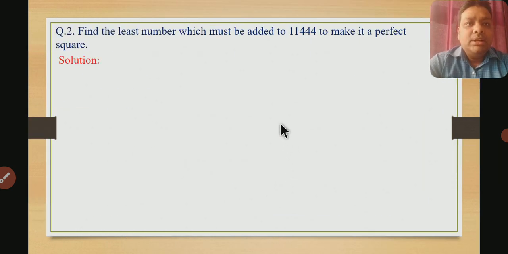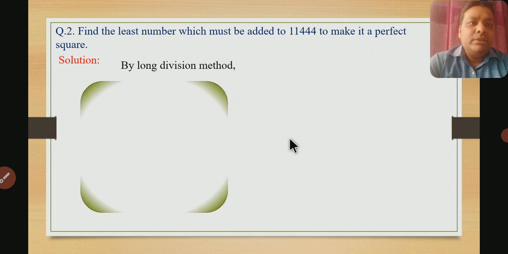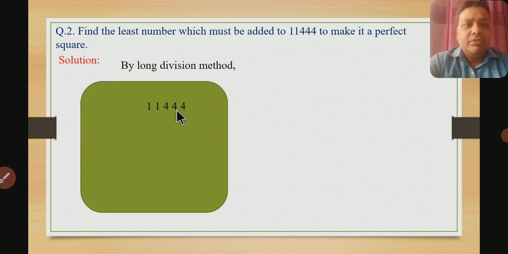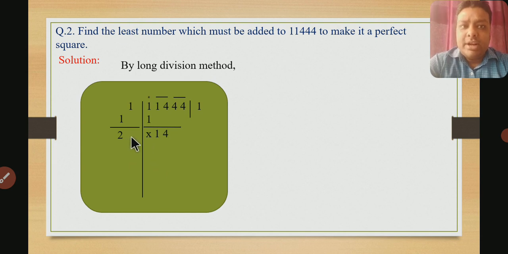Okay. Now in question number 2, we have to find the least number which must be added. This time added, not subtracted. So the process will be a little different. Now let's see. At first we will find the square root of this number. We will mark the period over 44, then 14 and then the dot over 1. Now 1 1's are 1, we will write 1. Now 1 minus 1 is 0, and 1 plus 1 will be 2. Now we will bring down one more period, 14. Again it is not divisible, so we will write 0 again. So 0 0 and here also 0.